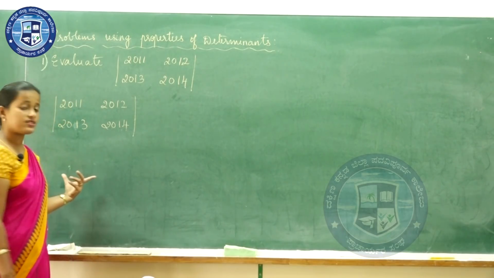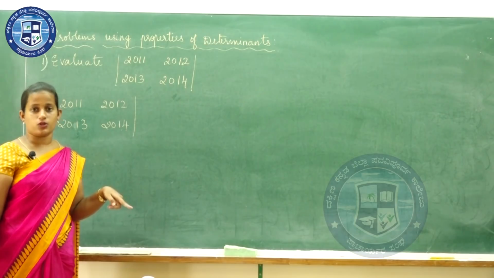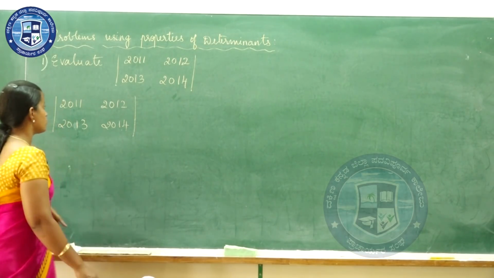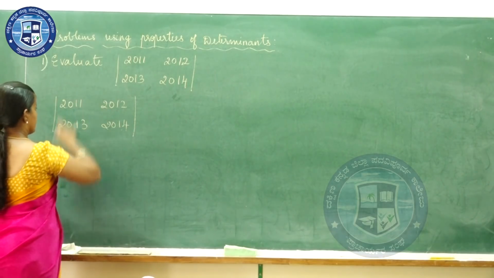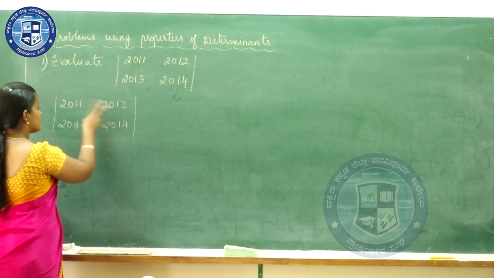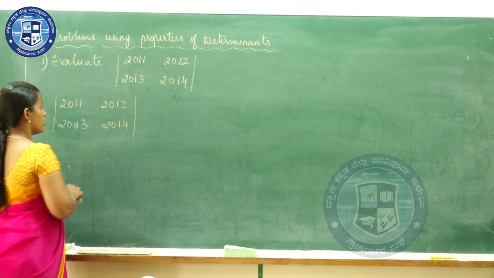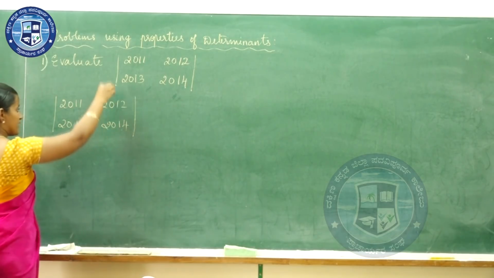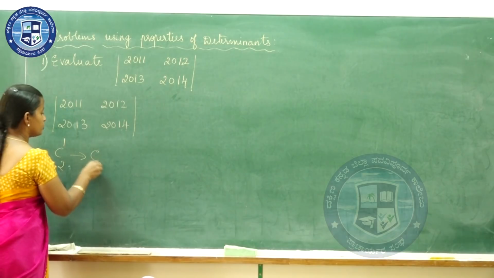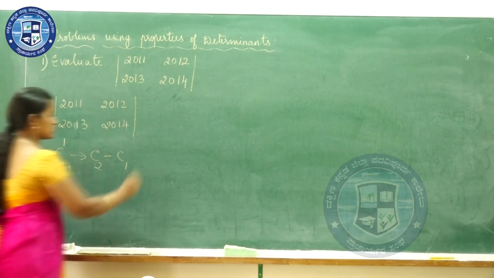The same problem can be done using column operations. What we did just now was using rows. So, the same problem can be done using columns also. So, it is better you know how to solve using column operations also. If you see column wise, this is row, this is column. If you see column wise, the difference is 1. 11 to 12, 13 to 14. So, the difference is 1. So, what I will do is, I will replace column 2 with column 2 minus column 1.